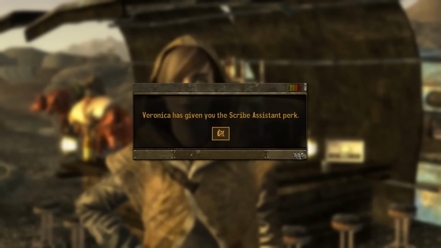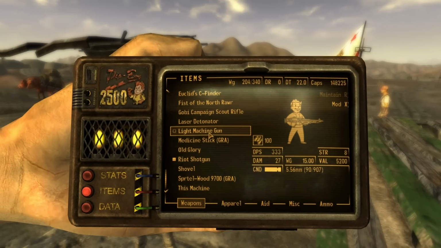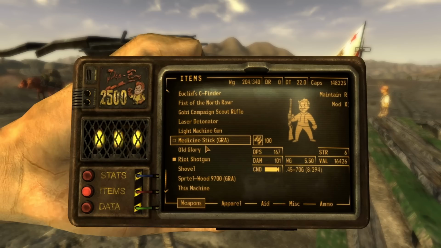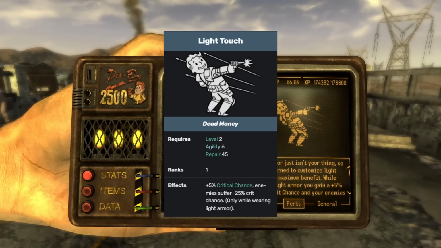you don't have companions. So I'm showing you the difference right here in the damage I'm doing before and after I had Veronica. So if you're someone who likes to play solo without companions, definitely pick up this perk because it's really worth it. At third place I have Light Touch, which requires the Dead Money add-on if you want